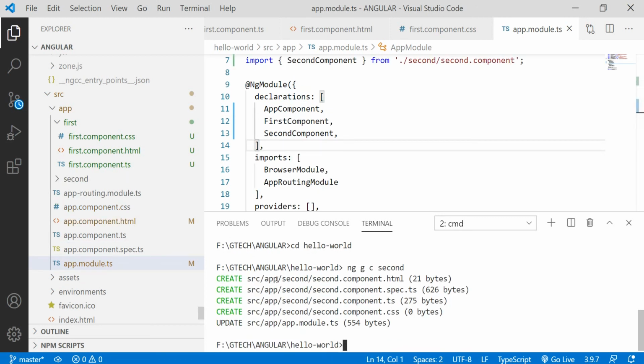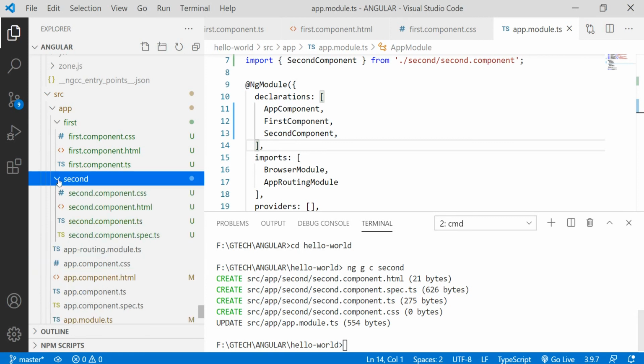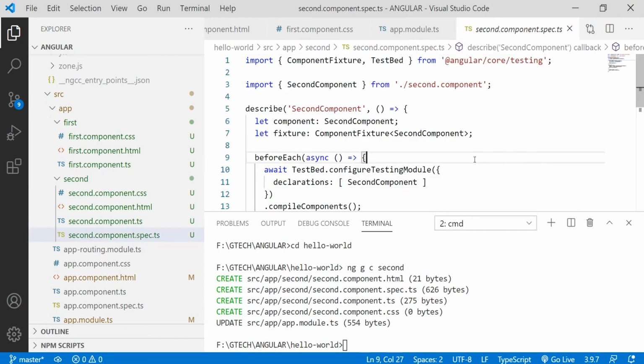If you notice, Angular CLI has created a folder called second, and it has created all the files that we created manually for the first component. And apart from CSS, HTML and TS, it has created a spec file as well. This is where we write the test cases related to that particular component.